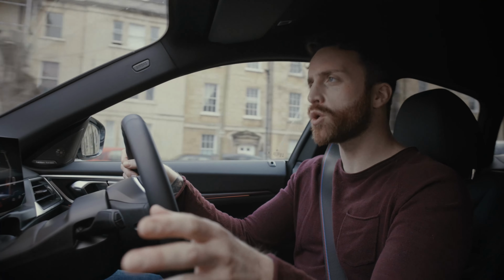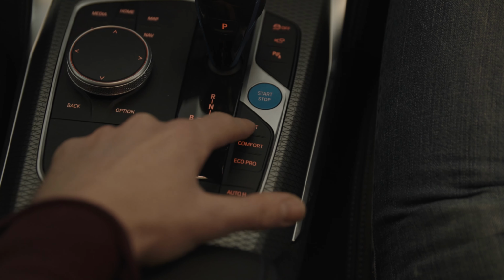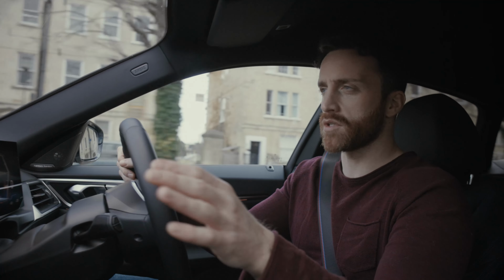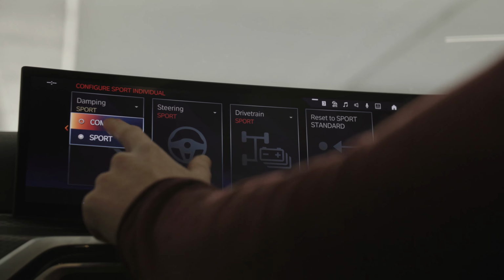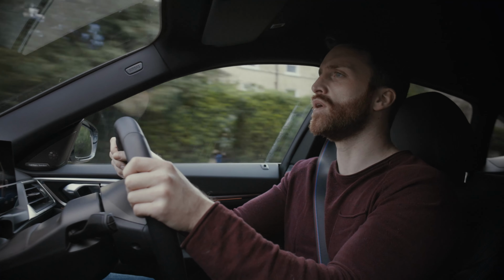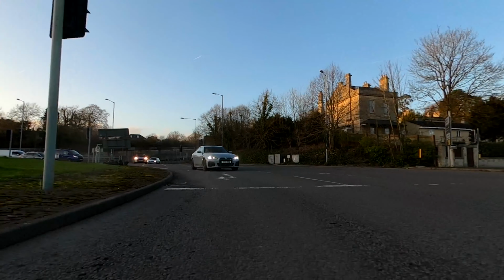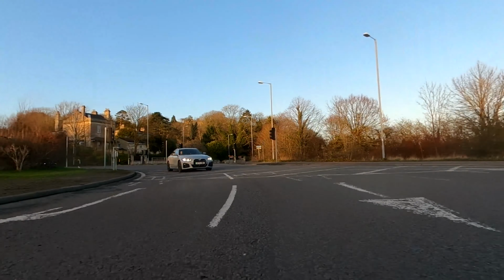So you've got 3 different driving modes. You've got eco, comfort, and sport. I leave it in sport usually because I've got low self-esteem. But you can customize all of those as well. You can change the damping and the responsiveness of the steering on each one of those modes, so it's fully customizable. I also love how there's literally zero engine noise from the i4, which, if I was to hazard a guess,